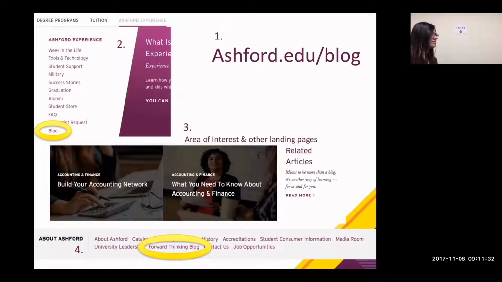So whenever people are searching on the web, we want our articles to come up in the search results. So we need articles about current topics, programs, etc., things people are talking about in the world. We need that expertise from our faculty, and we want it to be on our blog.